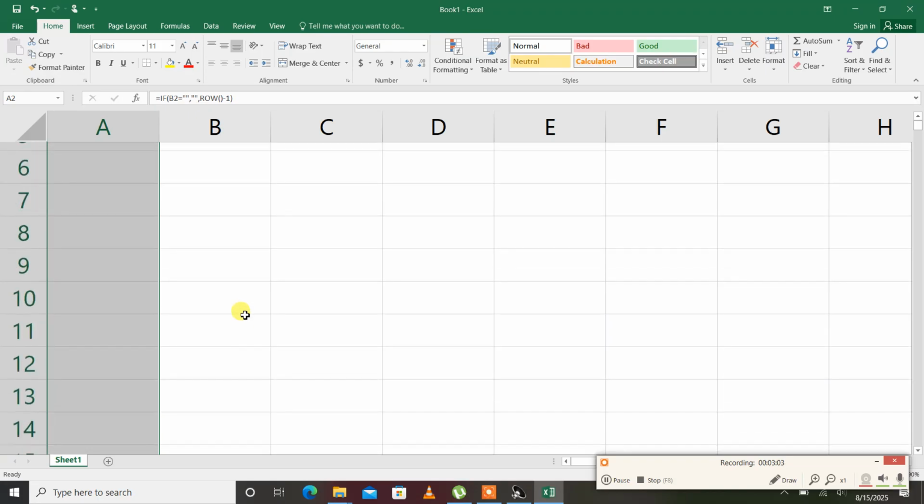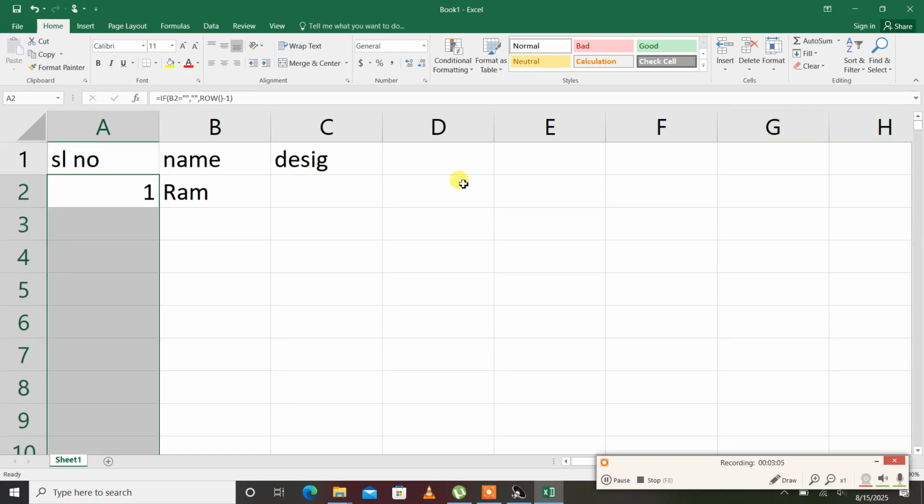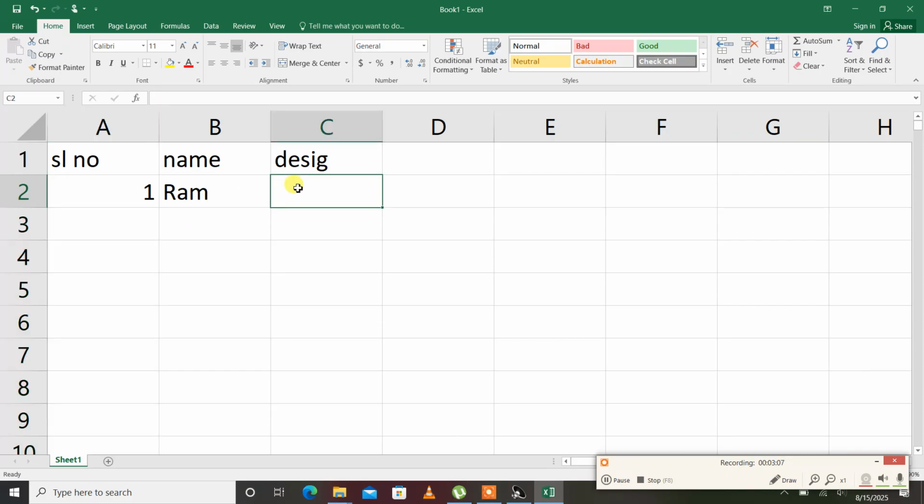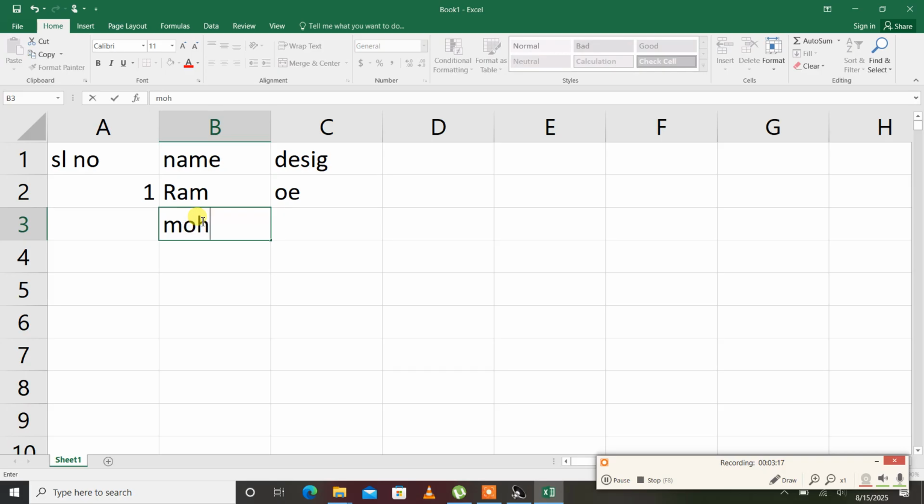Now whenever I am inserting a new record, so designation is OE, tab. So let me press the arrow key. Now his name is Mohan, and his designation is OE. So I am pressing the navigation keys up, down, left, right. So now if I enter another name, maybe Rita,